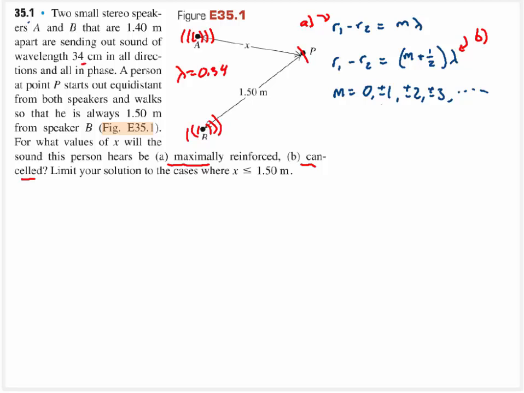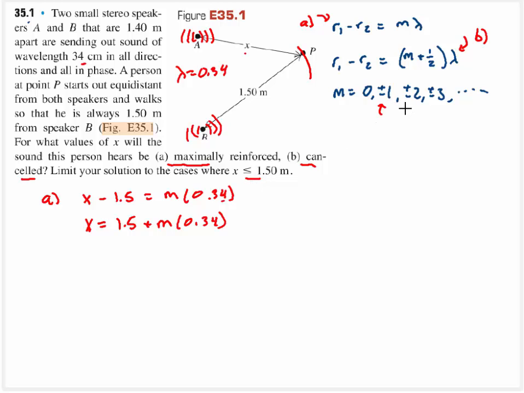Essentially, this person's going to walk around in a circle, always staying 1.5 meters away, and figure out what these x are, keeping x less than 1.5 meters. So for part A, x minus 1.5 meters is going to be equal to m multiplied by 0.34. So x is going to be equal to 1.5 plus m multiplied by 0.34. Because I want x to be less than 1.5 meters,